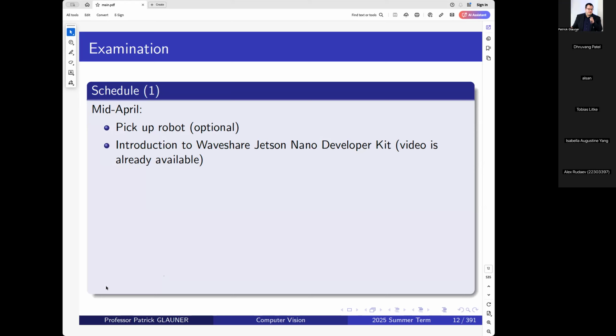We will have lectures for the first half of the term, and the projects will be in the second half of the term. And if you want to do a robot vision project, there is a specific date and time for you to pick the robot. While the slides say mid-April, this is always just some estimation when I create the slides. The exact date has already been communicated, and you have seen this in the iLearn course. You can pick the robots in 2 weeks from now, on Friday, the 4th of April, between 8 a.m. and 1 p.m. And the room where to pick the robots is all mentioned in the iLearn course in the